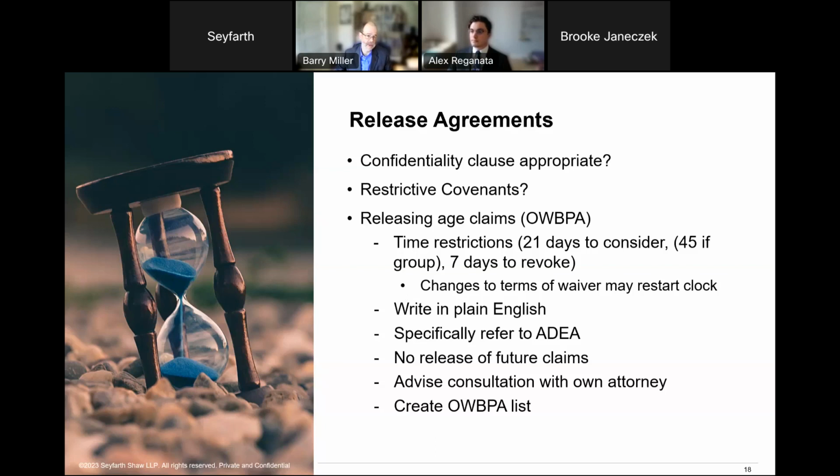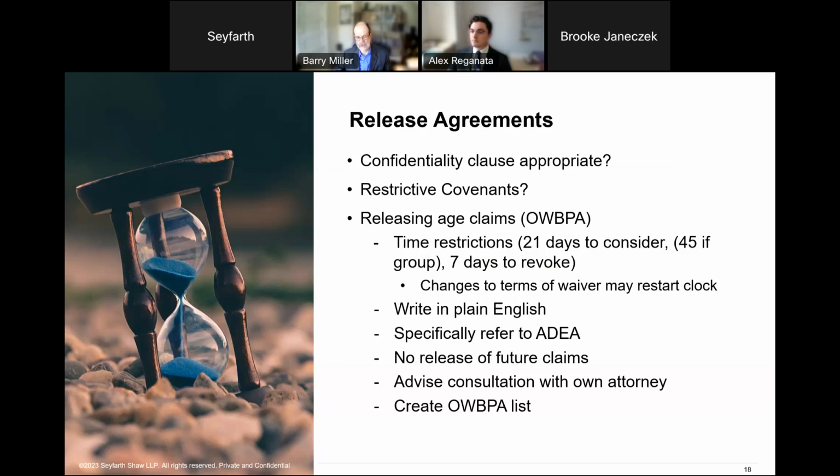number of federal agencies. So we now have the National Labor Relations Board, for example, taking the position that certain provisions that we would have typically included in a separation agreement a couple of decades ago may actually be unfair labor practices. And the things you want to think about are confidentiality provisions, non-competes and other restrictive covenants, which might be regulated by any number of statutes, and non-disparagement provisions. Those are really the three things that have drawn a lot of fire from federal agencies.